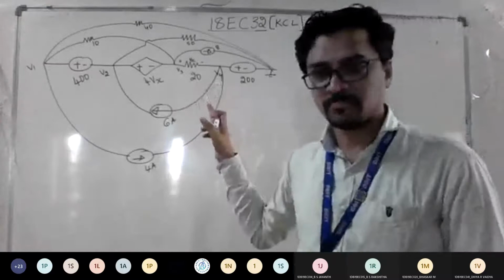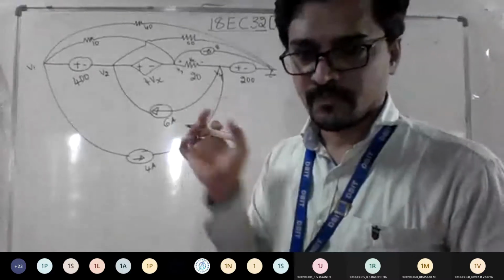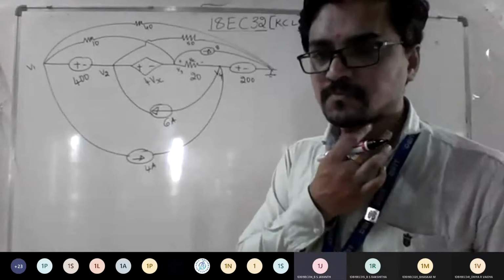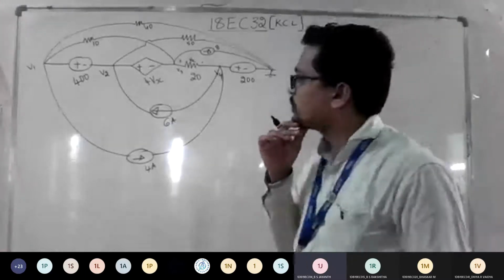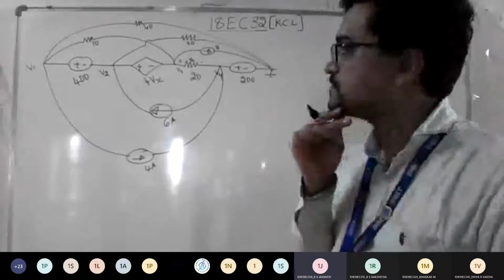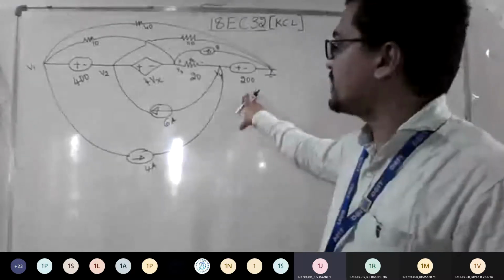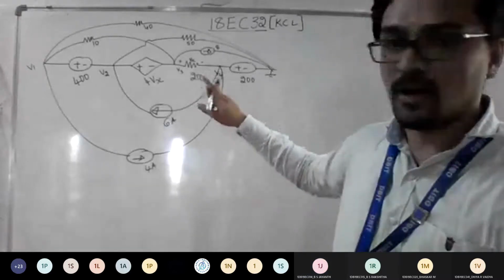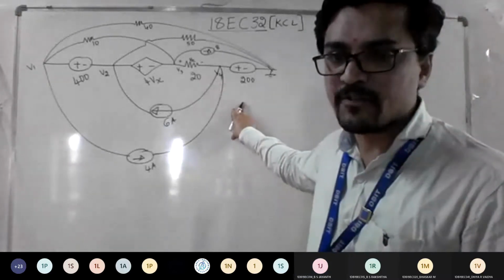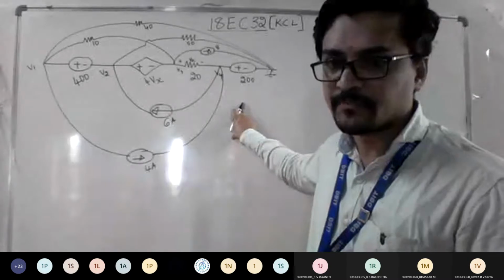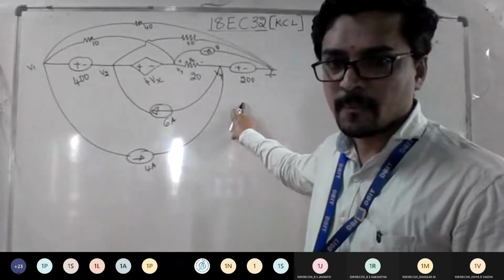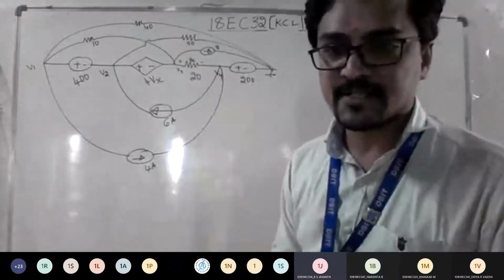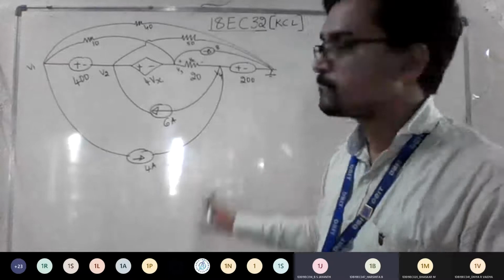So is it a dependent problem now? Yes, sir. Okay. So can you tell me if any supernodes are there in this problem? Yes, sir. There are two supernodes, sir. Three supernodes, sir. One with the dependent source also, and the other supernode, correct? But sir, out of V1, V2, V3, V4, which is the answer for which one? We need to find V1, V2, V3, V4. So in the network, can I get V4? 200 volts, sir. Good.